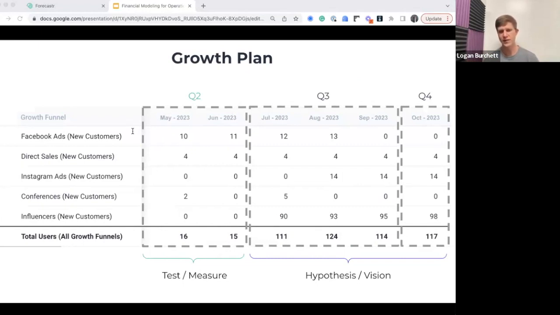And you can kind of ignore these dates because I know that we're already past May, but you can get the sense of what's going on here. So you're breaking your model down into quarters, and then you're subsectioning those quarters down into months. And you're going to do this for each section. This is not just for the growth plan. You're going to see the same thing on the revenue plan, on the expense budget, and then on the capitalization